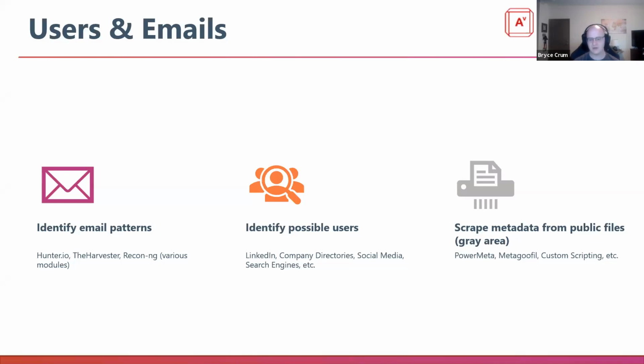Another gray area of open source intelligence is metadata scraping from public files or files that are hosted on a website or web server. Grabbing those files down and then enumerating the metadata out of them to find users is a great way to identify a company that may be using usernames that are non-standard or not the local part of the email address. Obviously, that's something that will break the chain that I have currently, right? And if you're not aware of that fairly early on, you can spend a lot of time generating these possible usernames only to find that the username is actually an alpha character followed by multiple numerics, right?